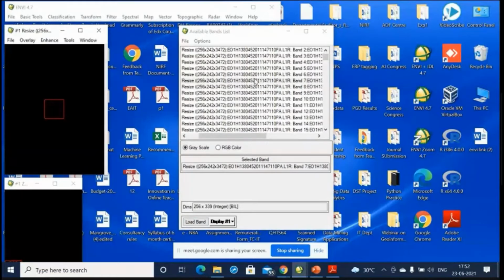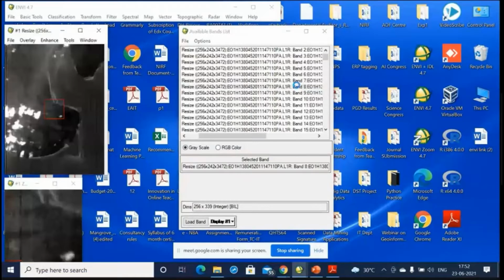So you have to remove these bands when you finally consider the data set for further processing. When you go to band 8, here also you can see that there are some stripes on the image. These stripes may also lead to an error in processing of an image, so you may not consider this image also.